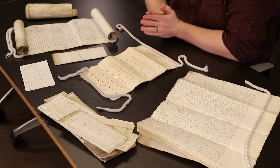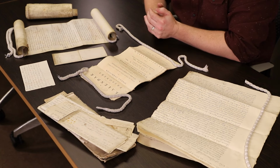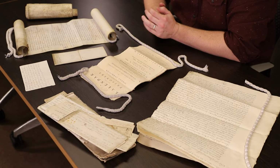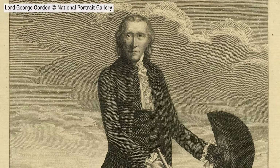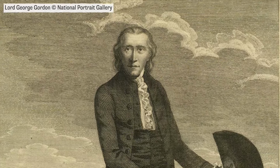KB 33 is a King's Bench series held at the National Archives, collecting together papers relating to important cases. KB 33 512 is a bundle of papers, some relating to the Gordon riots. Some of these papers were created as part of the trial process of both the rioters and Lord Gordon, who was tried for high treason for allegedly levying war against his king. He was found not guilty in the end, but not before a huge amount of paperwork had been created relating